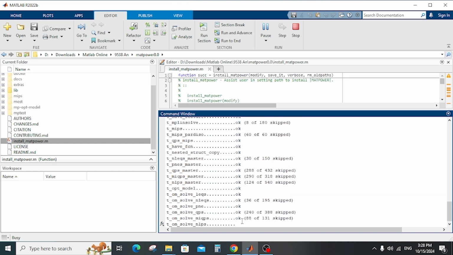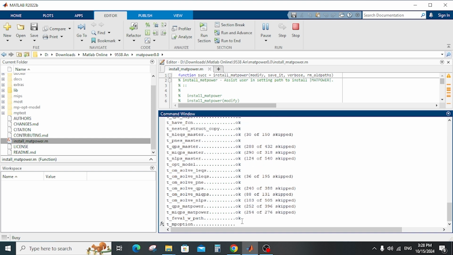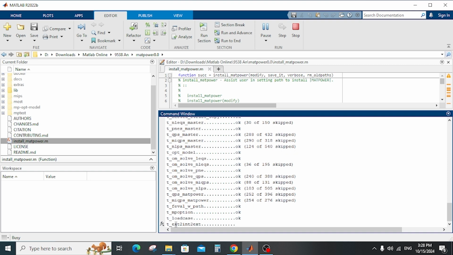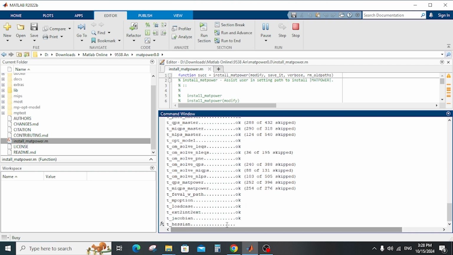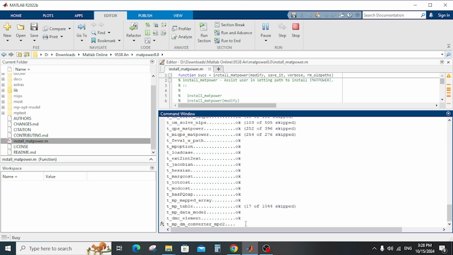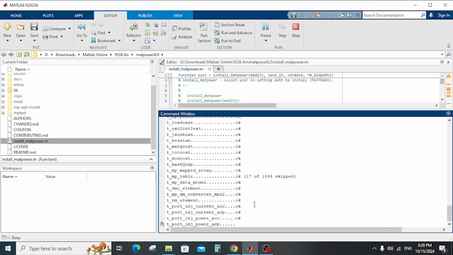After it finishes, it will ask another question. It should show in your case that the load case is okay, Jacobian okay, MB table okay, all of them okay. We will wait some minutes for that, and okay, all of them okay,